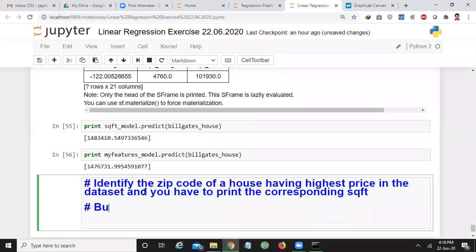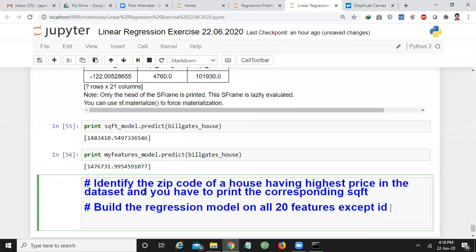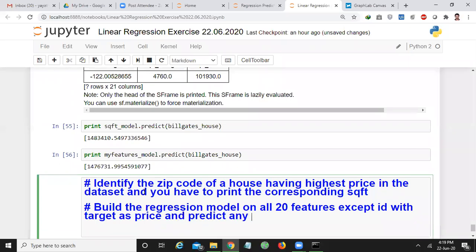The second question: build the regression model on all other features, on all 20 features except ID, with target as price, and predict any 3 houses with that model.